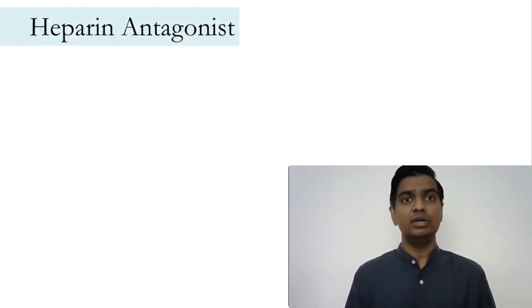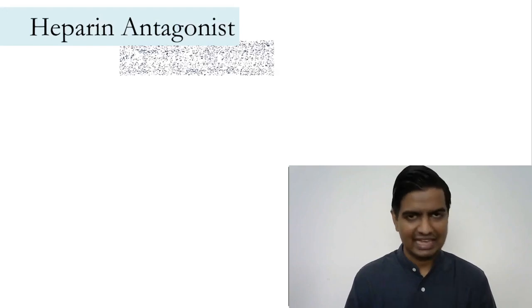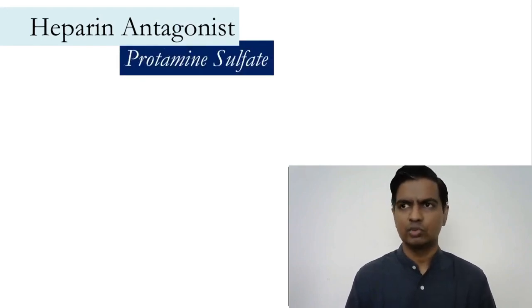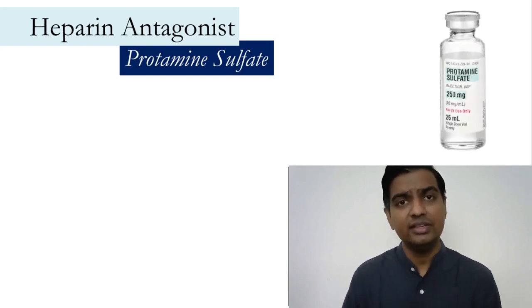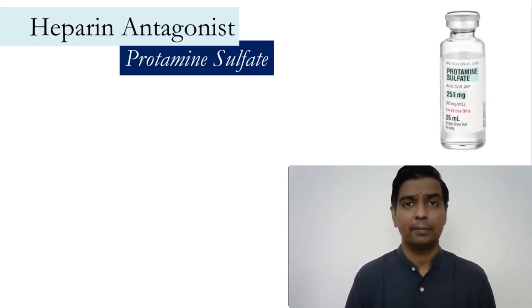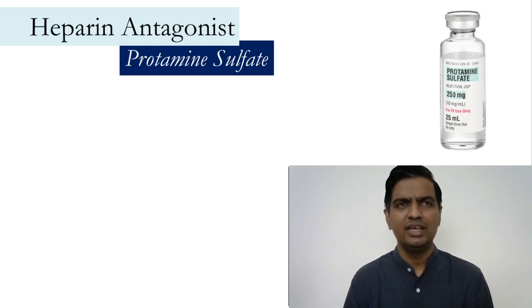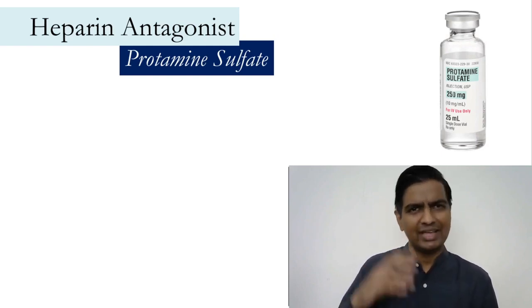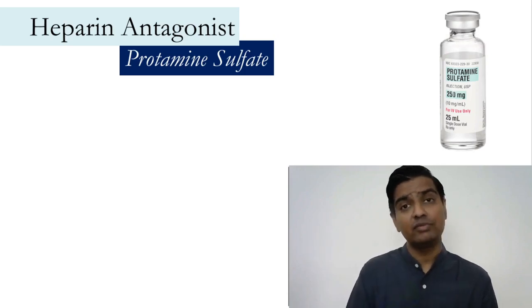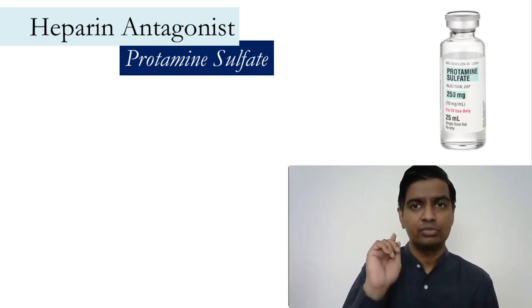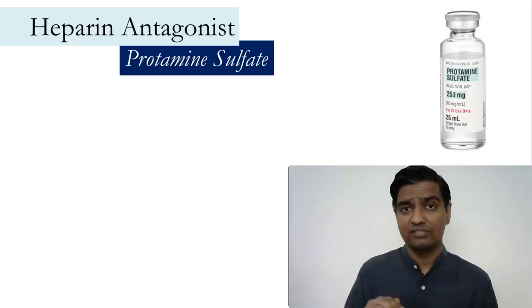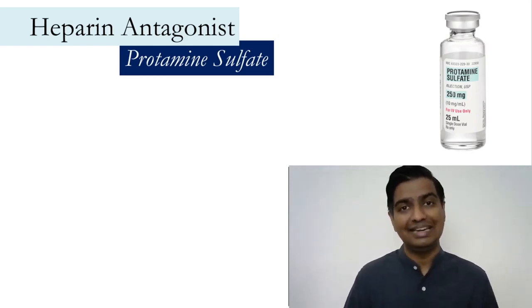Well, can somebody overdose on heparin? They can. So what should we do? We have an antagonist for that. It's called protamine sulfate. See, the reason why we are worried is the side effects. BOTHA: B for bleeding, that's the most important one, and T for thrombocytopenia. See, we are not worried about osteoporosis here. We are not worried about hair loss. No, we are more worried about bleeding because of either decreased clotting factors or decreased platelets.